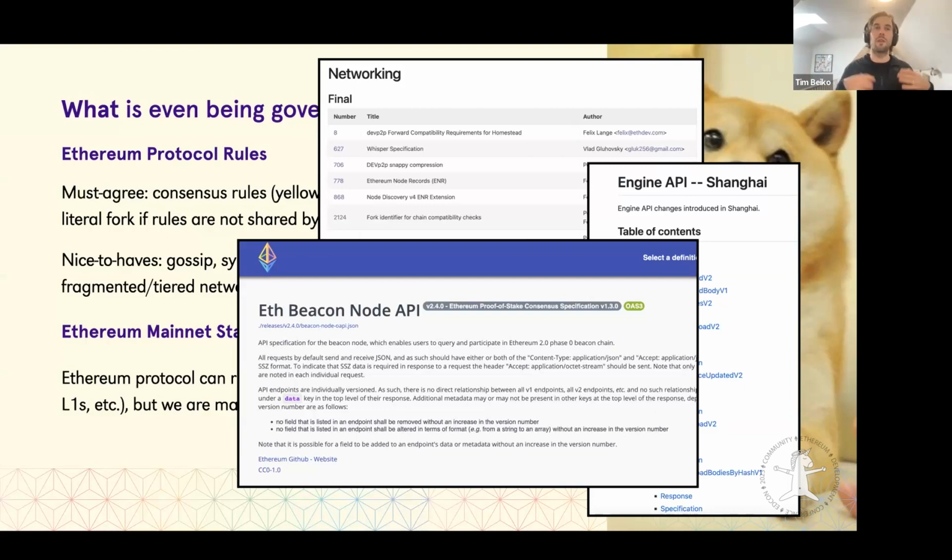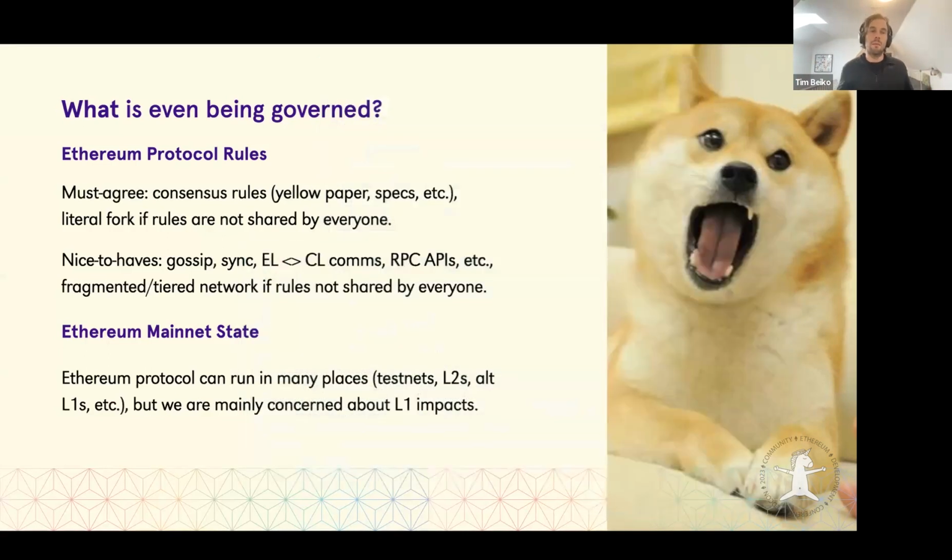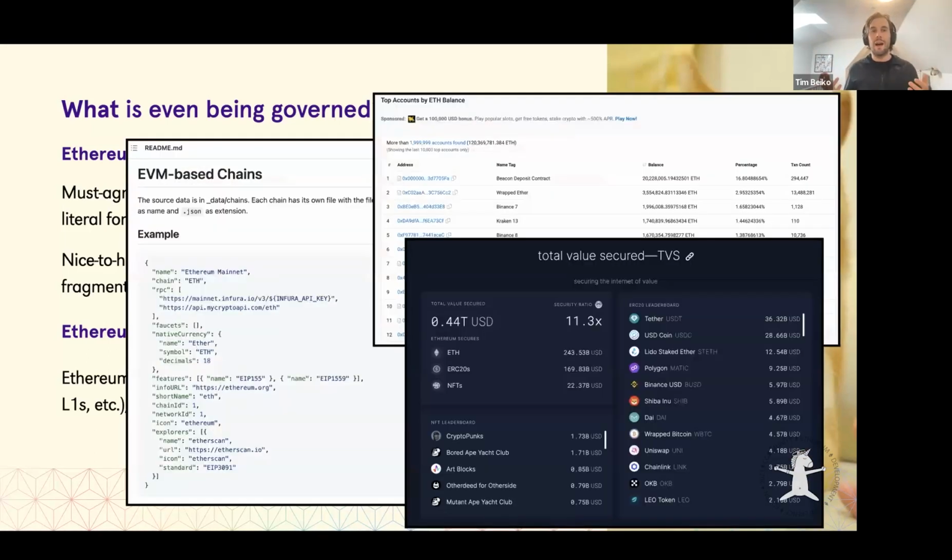So when we talk about governing or changing the protocol rules, these are effectively the two things that we need. And more precisely, when we talk about Ethereum governance, people will refer to the Ethereum Mainnet. This is the Ethereum network with chain ID 1, which has all of the balances that people consider their ETH balances. And more importantly, that has all of the assets, the NFTs, the tokens, the smart contracts and whatnot deployed on it.